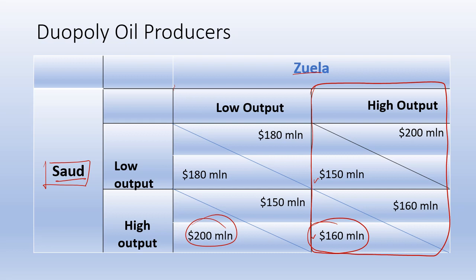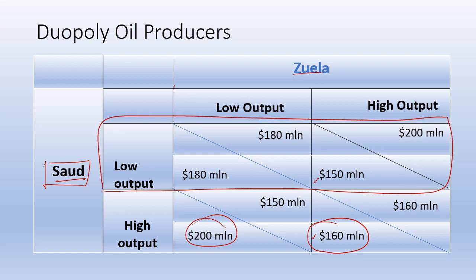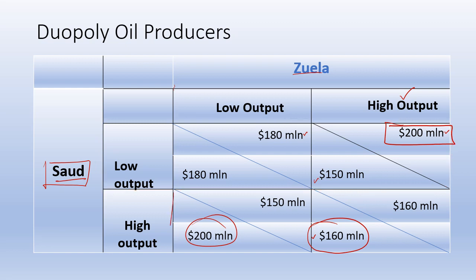And second step, let's put ourselves in the shoes of Venezuela and ask ourselves, what if Saud produced low output? In that case, the game would be stuck on the top row, and there $200 million looks better than $180 million. So circle that, and to have that, Venezuela will have to produce high output. Similarly, what if Saud produced high output? In that case, the game would get stuck on this lower row, and in the lower row, $160 million is better for Venezuela than $150 million, so Venezuela would produce